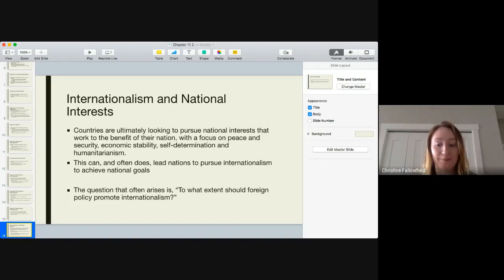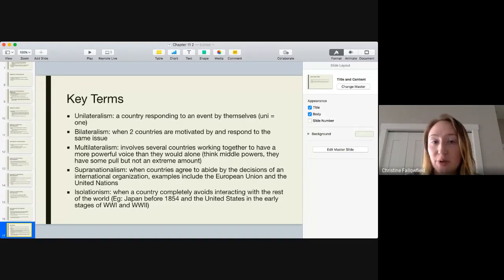Why isn't it working? Some key terms we're going to explore through this as well are unilateralism, and I'm going to talk a little bit more about how you break down words. Ism, we know it's an ideology right away, a system of thought, a way of being. When you talk about uni, with the exception of university, think about a unicycle. How many wheels does it have? 1. So unilateralism is when a country responds to an event by themselves, completely alone. We're going to do what we feel like doing. We're the only people who have a choice in that.